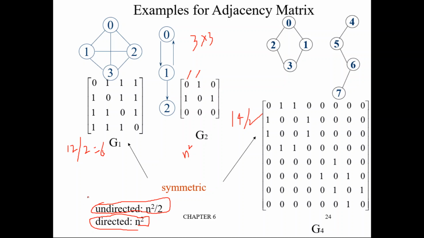Basically, if you want to find the number of edges in any graph, whether it is an undirected graph or a directed graph, from an adjacency matrix, you have to perform n square searches. Without performing n square searches, you cannot find it. So the time complexity is order of n square.